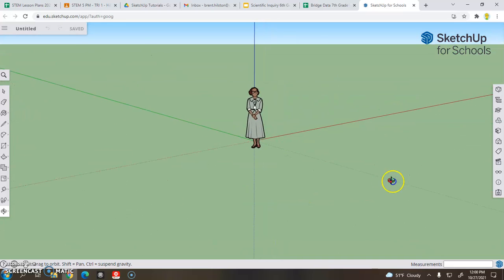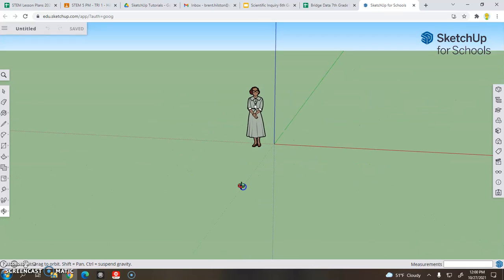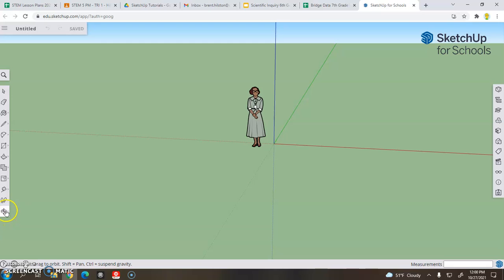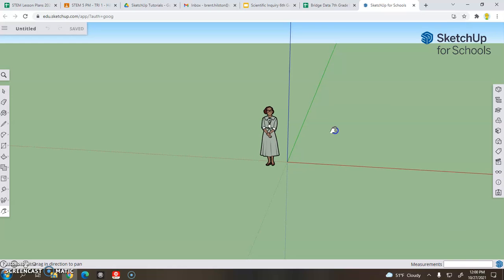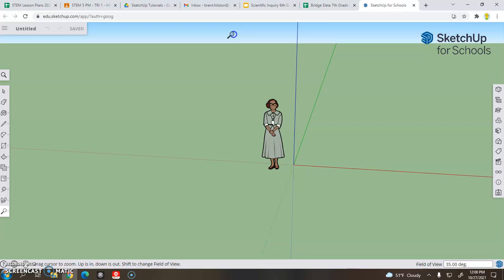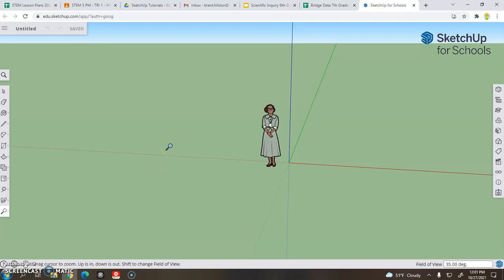Notice the person in the middle is only a 2-dimensional object, so you won't spin and see the sides or back of the person. If I want to pan the camera, I'll click this and select the hand, and now I can click and grab the screen and slide the screen left to right, up or down. If you want to zoom in and out and you don't have a scroll wheel, you'll select the magnifying glass, and then when I click and hold my mouse, if I slide up and down, that will zoom the camera in and out. So there you are for how to navigate